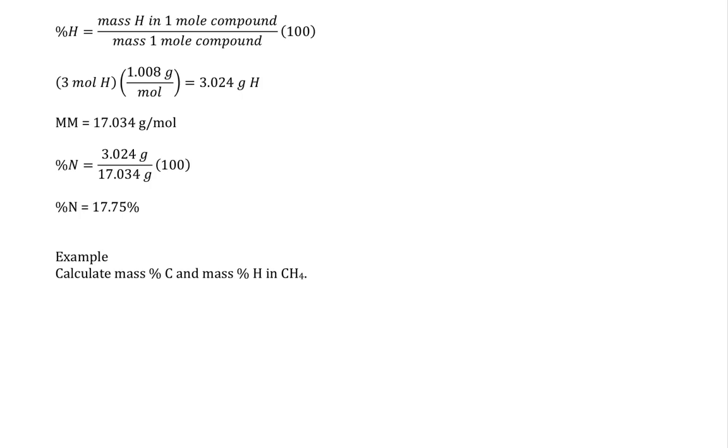We get 3.024 grams of hydrogen. That's the part. The whole is the molar mass, 17.034 grams per mole. All right, so the percent H, not N, percent H is 3.024 grams divided by 17.034 grams times 100,